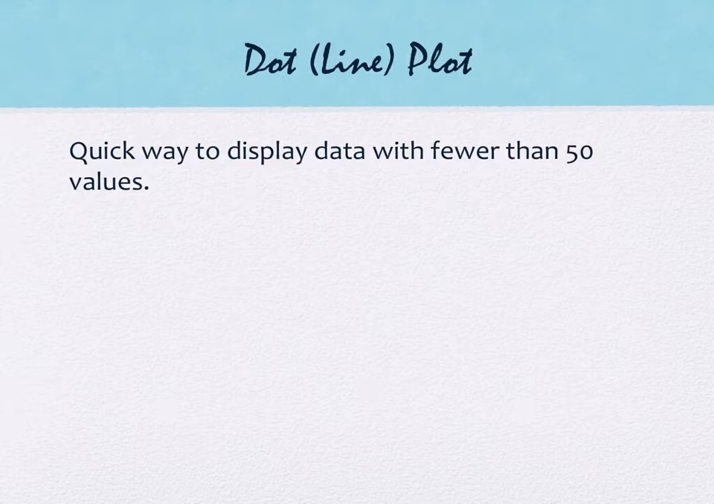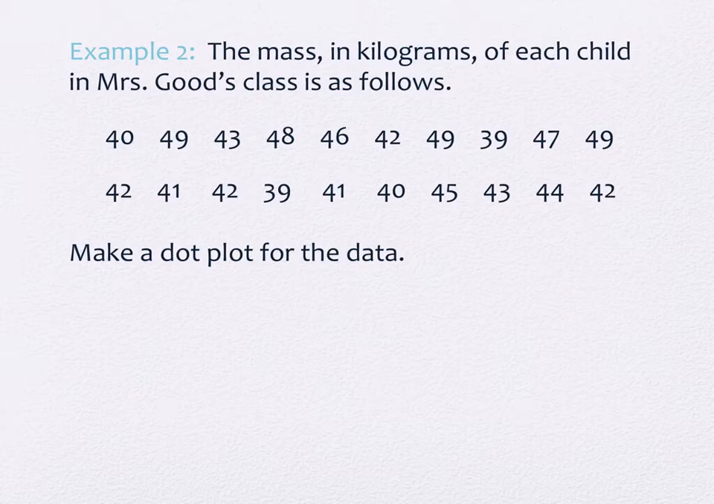And the way that it works is that it's much like my pictograph, except that every object this time is going to be represented with a dot or an X. And X's are what you usually see represented. So we have our example. These are the mass in kilograms of each child in Mrs. Good's class. So just as a ballpark, these are weights that would probably be appropriate for upper elementary school,